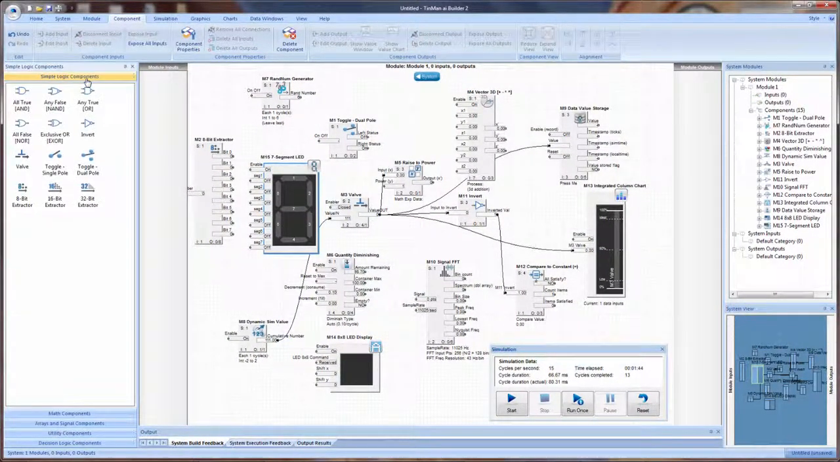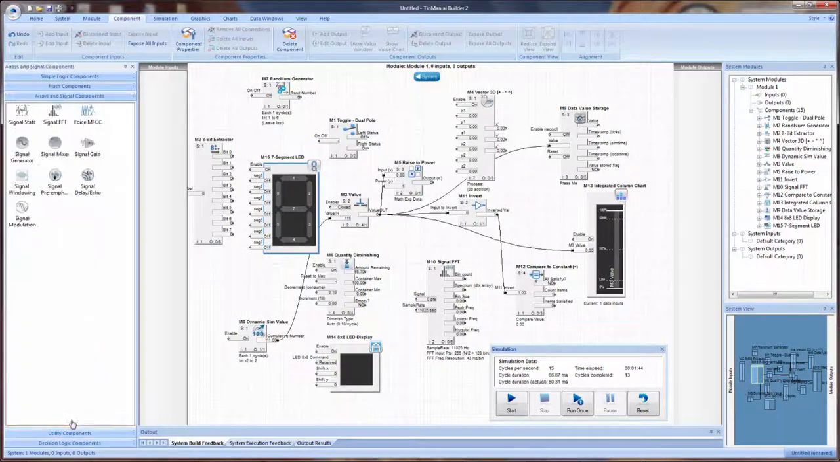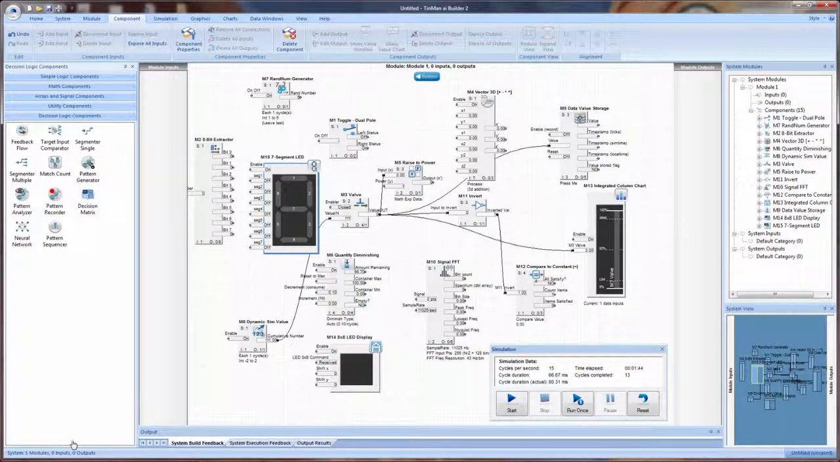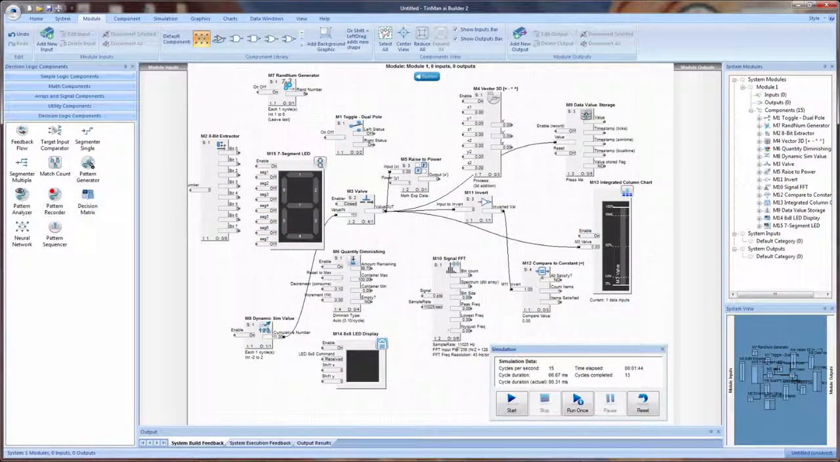There are roughly 85, 86 components today. We're adding components very quickly, and we would expect that to grow significantly. But that is our rundown of